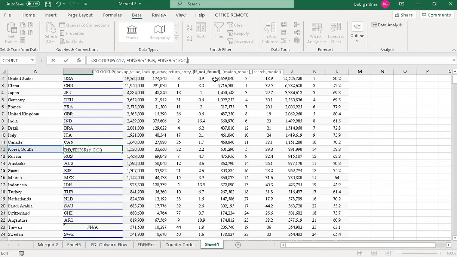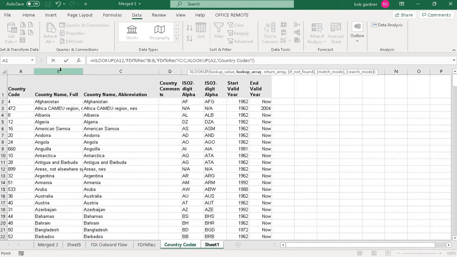So this will be a nested function where I'll again mention this argument that if the value is not found, in that case again XLOOKUP, and what to look up: the country name again, from the array from which to look up. So in the country codes sheet, it is now going to another sheet and looking up the formula once again, the country codes once again. Here it will look up the B column again, and the value to return is this ISO 3 value.